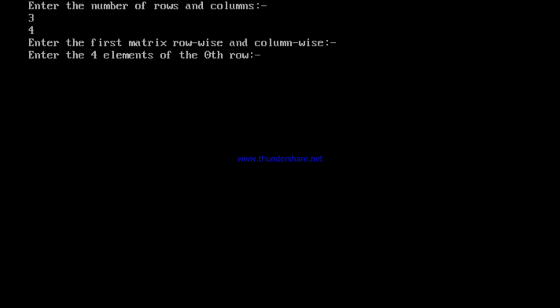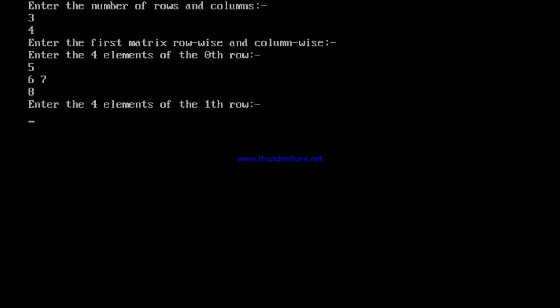Enter the first matrix row wise and column wise, 4 elements of the 0th row: 4 columns, 3 rows. So 0th row, 1st row, 2nd row, 3 rows, and in each row 4 elements, 4 columns. Let me take 5, 6, 7, 8. Enter the 4 elements. I missed out at 7; instead of pressing enter I just pressed, it hardly matters.